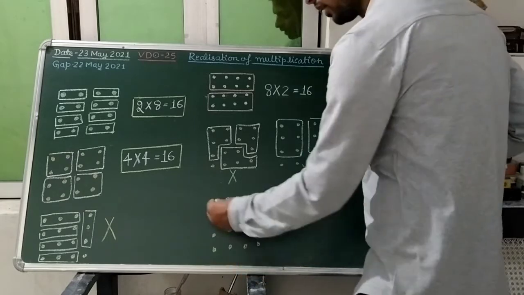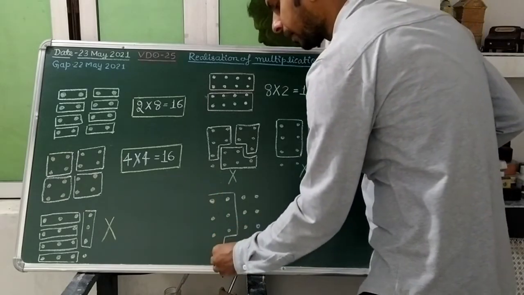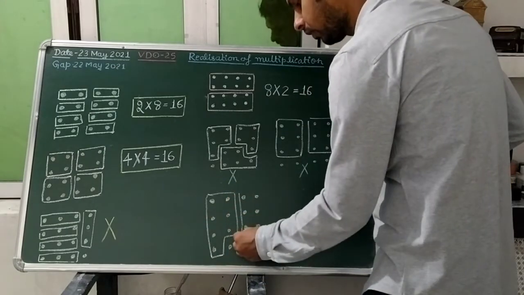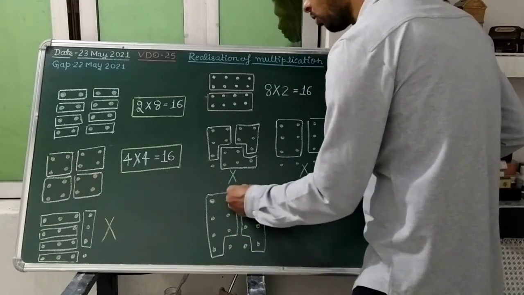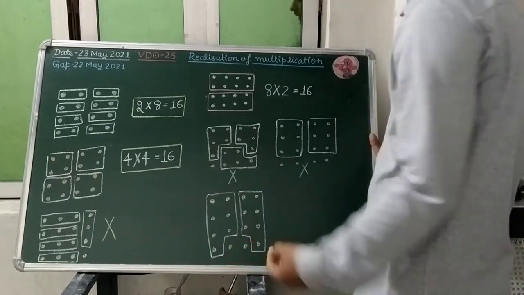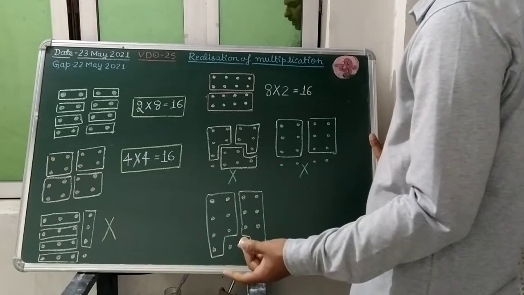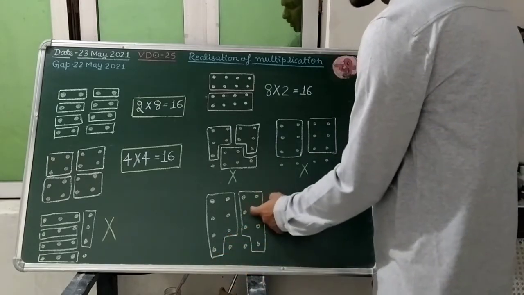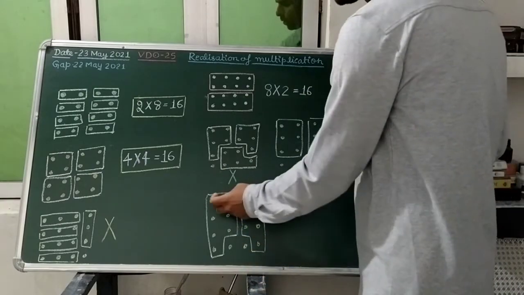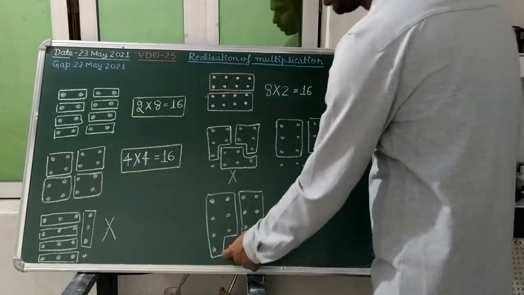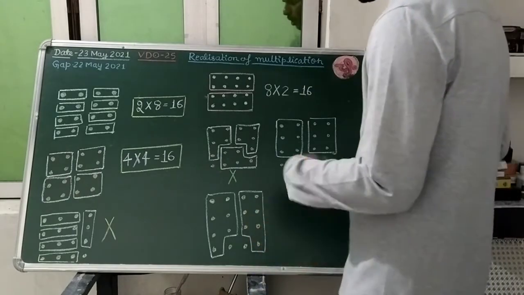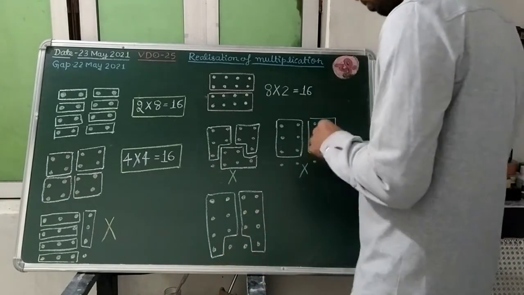So look here, if we are grouping in 7 dots, it will be something like this, and how many dots will be left? 2 dots. 2 groups of 7 dots we are finding, and 2 dots will be left. 7 2s are 14, and 14 plus 2 is 16. Of course we can't group all the dots, some dots will be left, so we will not select that.